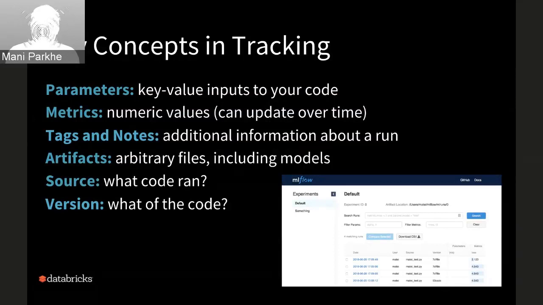And then at the bottom right, you see a UI that shows how it would show up in an MLflow UI. This is the query layer that I was referring to, where you have the ability to show all your runs, and then use a SQL-like syntax query for metrics and parameters to slice and dice your data based on specific metrics. For example, you can say metrics.accuracy is greater than 0.98, and so on and so forth.